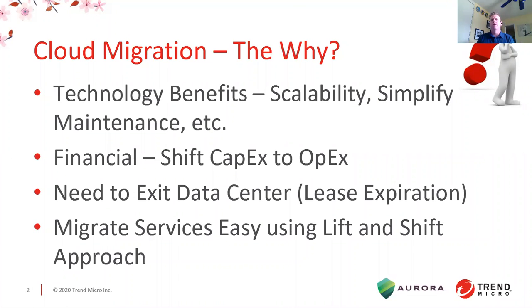So first and foremost, when you're talking about cloud migration, it all starts with the why. Why would someone go through a cloud migration in the first place? Ultimately, it starts with maybe the technology benefits. You have the scalability. You can simplify maintenance. It's very easy to adapt this type of technology in terms of creating real agile workloads or really expanding on your existing data center strategy with brand new equipment or new things that you can actually pay like per minute